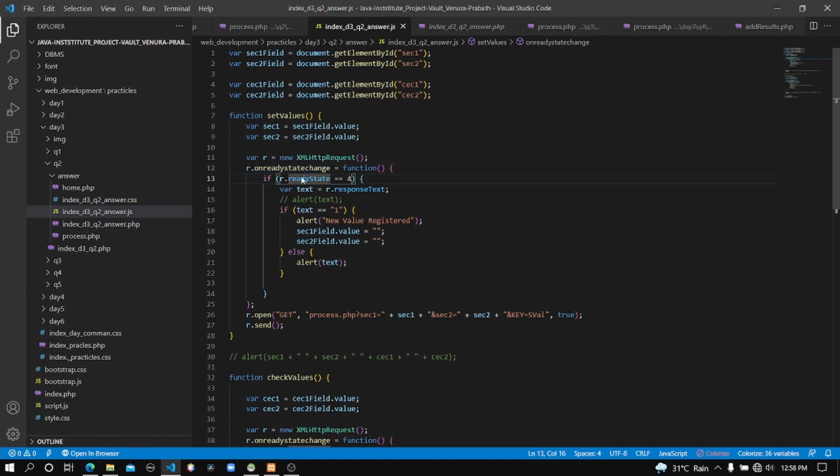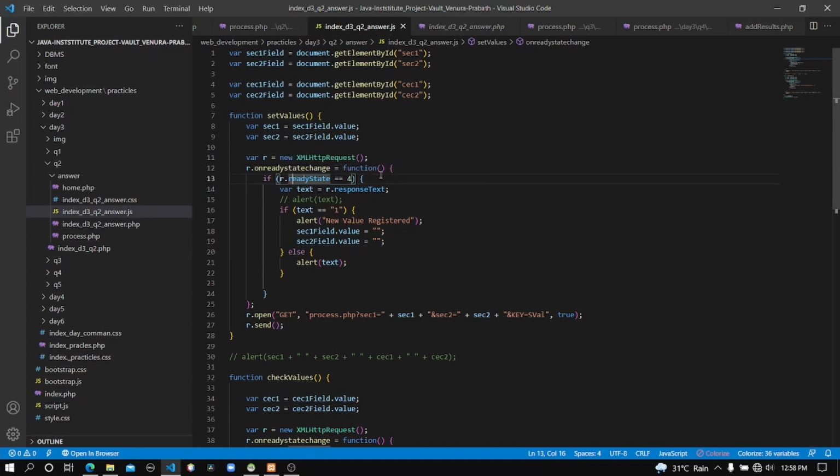That means when you use an Ajax object and it requests to the server side, approximately we can say there are 4 states. It will change its state 4 times when you request a server side file.